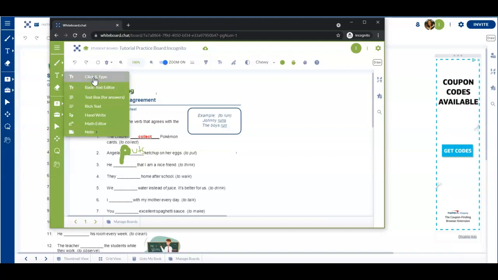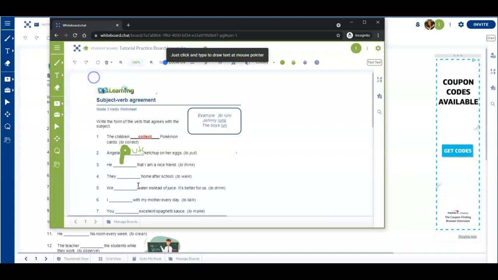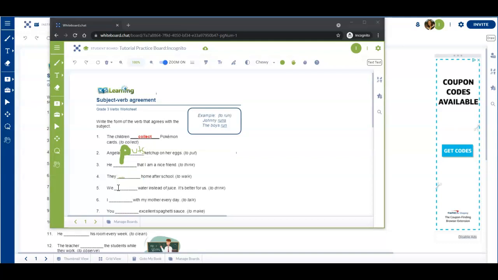I think maybe I'll choose click and type. So I'll come down here and I'll click and start typing my answer. Now again, I may choose that that's a little bit too small and I may change my font size here. So let me try a different one down here for you. Okay, so how about maybe I make this a little bit bigger